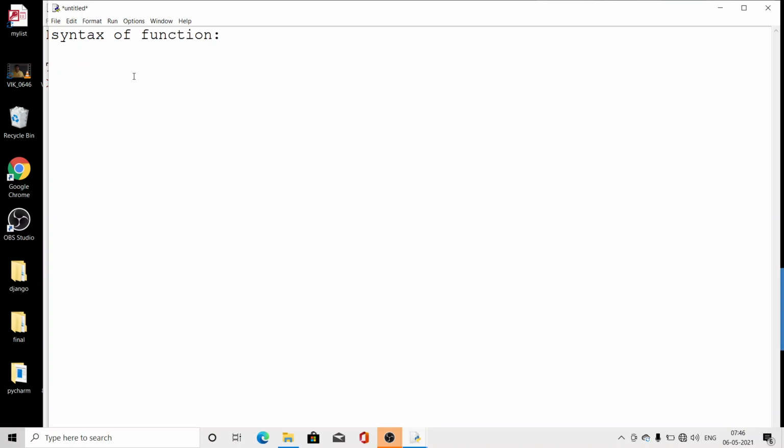So here, how we will define: we have to use the def keyword, and then we have to write the function's name. Then in the brackets we have to write the argument list, and then we have to use the colon for the indentation of the function. And here we have to write statement 1, statement 2, statement 3, statement 4. As many statements as we have to use, that many we have to write. Clear? So this is a way of defining functions.